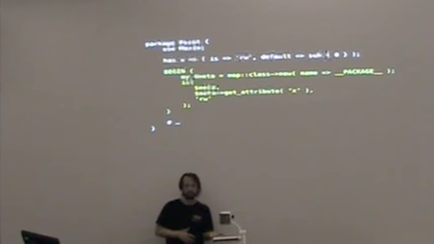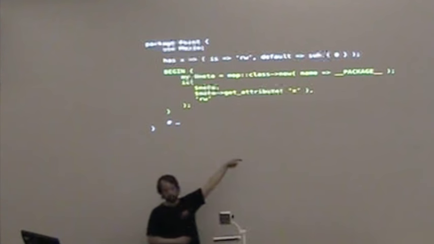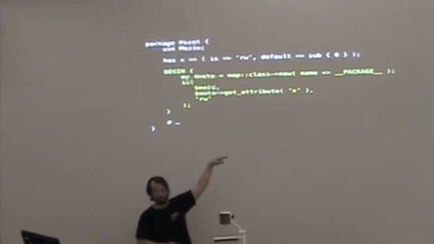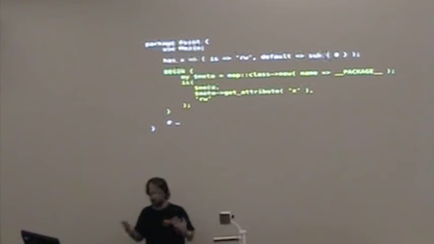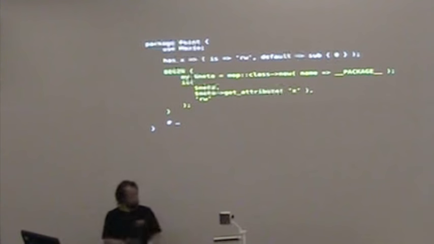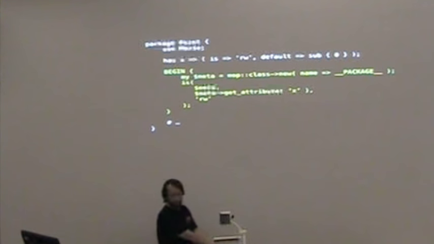If you want to treat something as a role, mop role new. If you want to treat something as a class, mop class new. There is no distinction. Any distinction I ever made in the previous ones always turned out to be artificial and a hindrance. If you want to view a package as a class, great. If you want to view it as a role, great. Do what you want. This is Perl. Enough rope to shoot your foot.